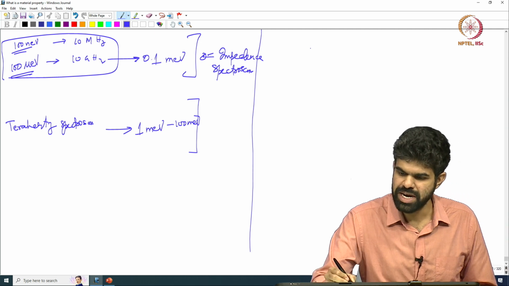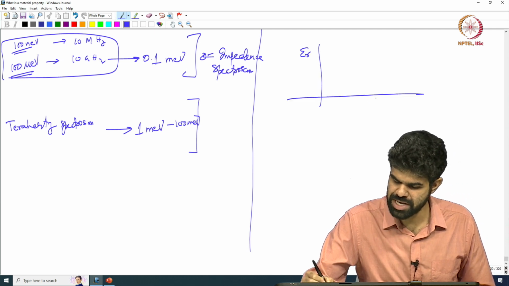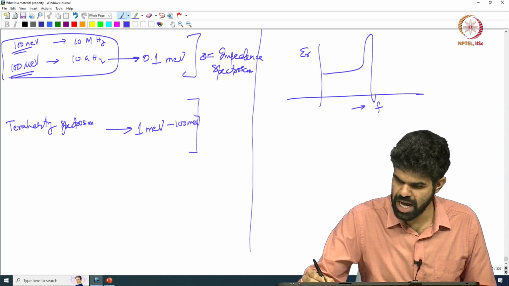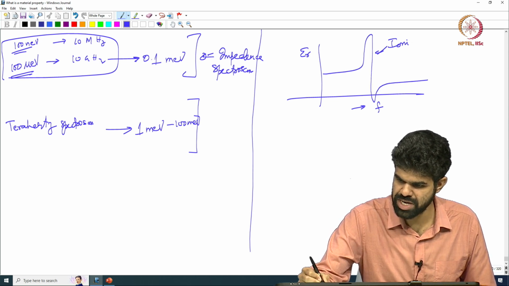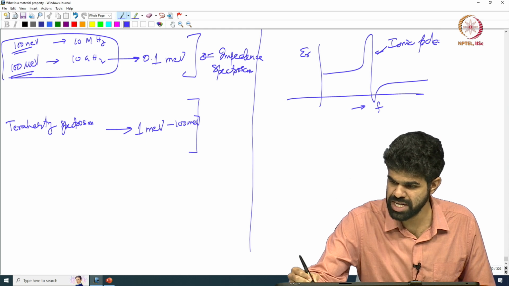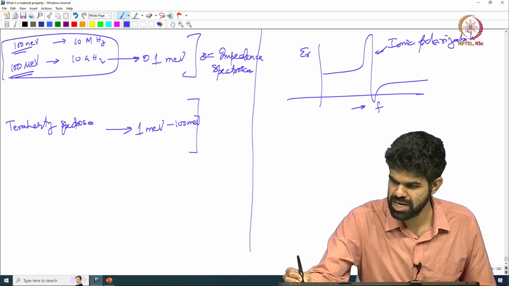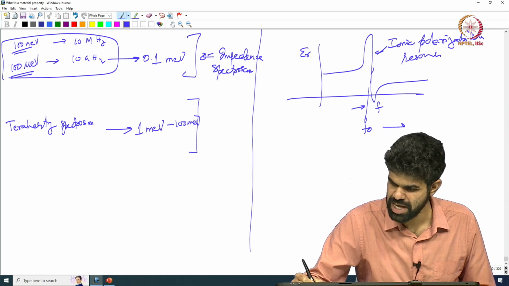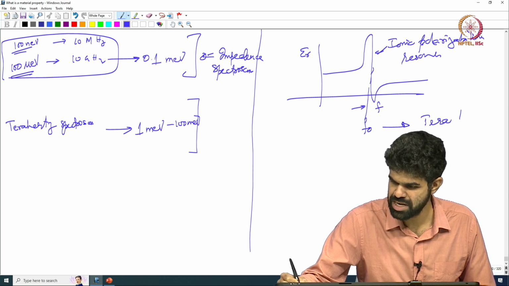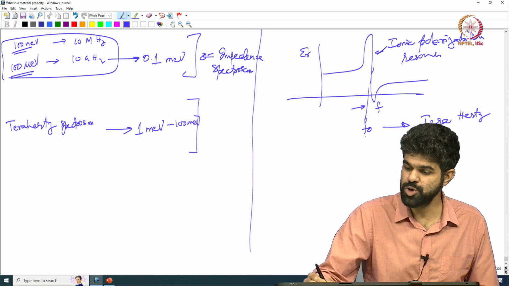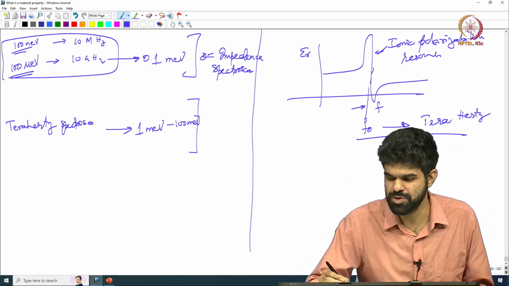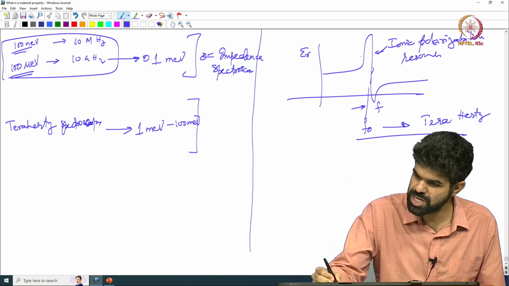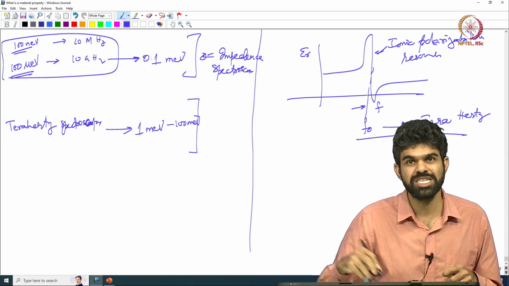For example, if I look at epsilon r versus frequency, epsilon r has an ionic resonance, where ionic polarizabilities resonate at a certain frequency f naught, that is in terahertz. The way to probe it is by doing Terahertz spectroscopy to measure these resonance and anti-resonance peaks of epsilon r,